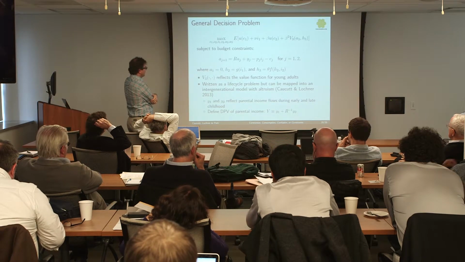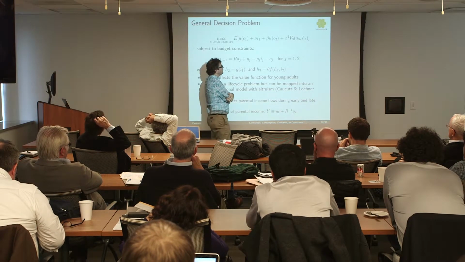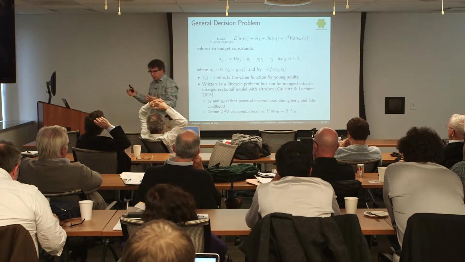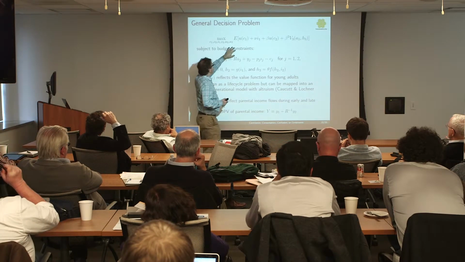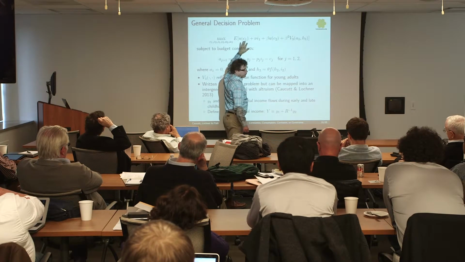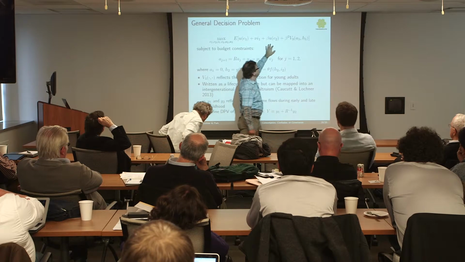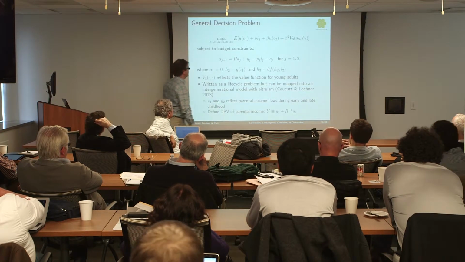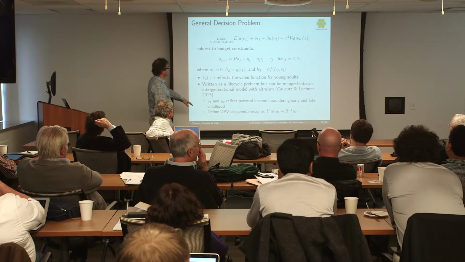Let's see. The way we've written it is it's a simple life cycle problem. This maps directly into sort of an intergenerational problem if you want. We're doing that elsewhere. If it helps you, you could just think about this as utility of the family's consumption with the young kid as part of the family. And then this is the continuation value of that family once the kid grows up, if that helps you.